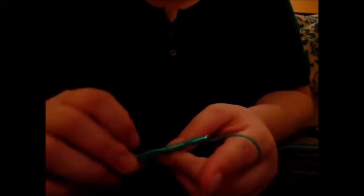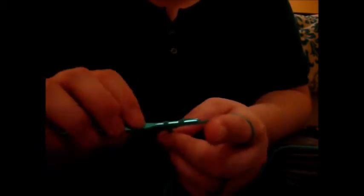So I start by chaining, and to do that you yarn over and you pull through the loop that's on your hook, and that's 1 chain. So yarning over again is putting your hook underneath the yarn, gripping it into the hook and pulling through. And that's 2 chains, 3 chains, 4 chains. That's how I start my hexagons, is with the 4 chain